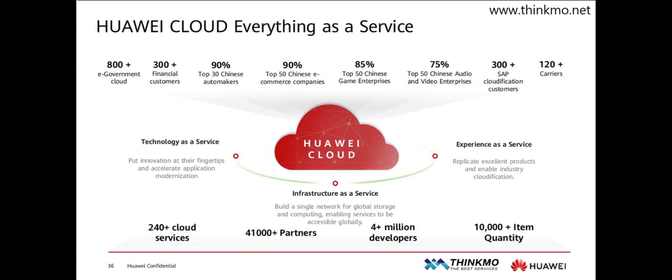The core strategy of Huawei Cloud is actually to transform 30 years of ICT technology accumulation into services. Huawei has a history of over 30 years. But Huawei Cloud started only in recent years, officially launching in 2017. Huawei officially released the Huawei Cloud Platform, opening up Huawei's over 30 years of accumulated ICT technology and product solutions to our customers. Through infrastructure and services, technology and services, as well as experience and services, these three aspects realize